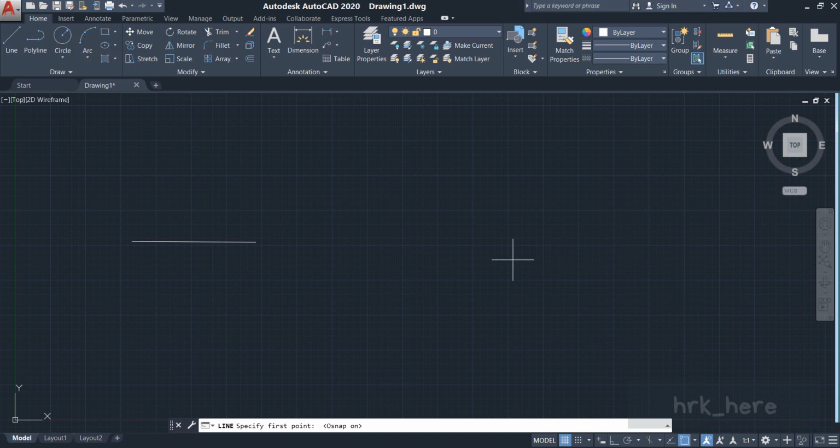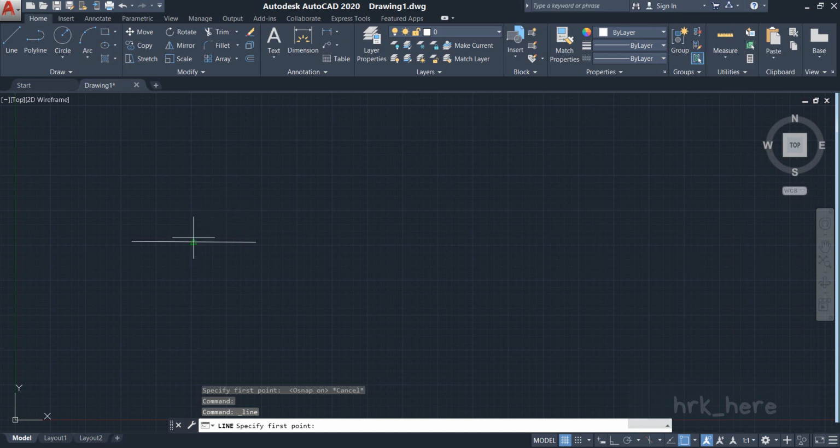I click on it. Now let me come to the line option again and I move the cursor near to the line. So as I move towards the line, it shows the end point of the line, and again when I move rightwards, it shows the midpoint of the line. Again when I move rightwards, it again shows the end point. So I wanted a perpendicular line from the midpoint.